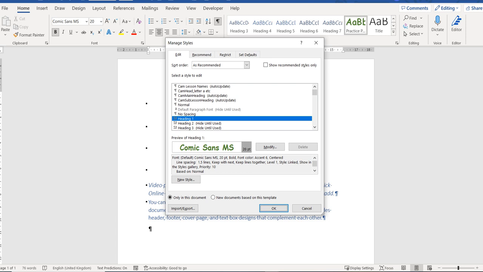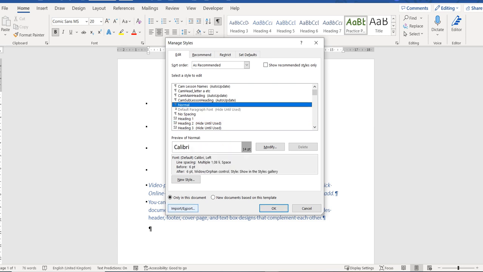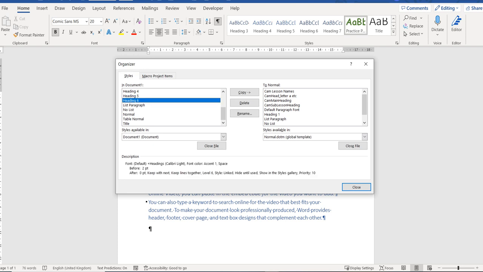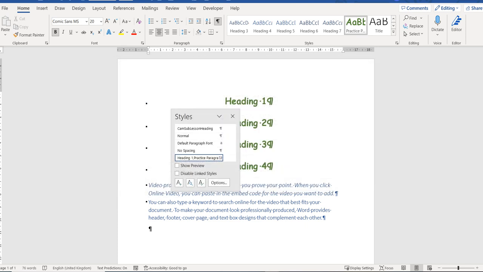I can't find my practice one now, but let's say it's this one over here, and I click Import Export, and I say right, I want, let's say heading 6, I want to take across, and I say copy, and it brings it across to this side, and that will then be populated into your other Word documents that you can then use going forward. Alright,